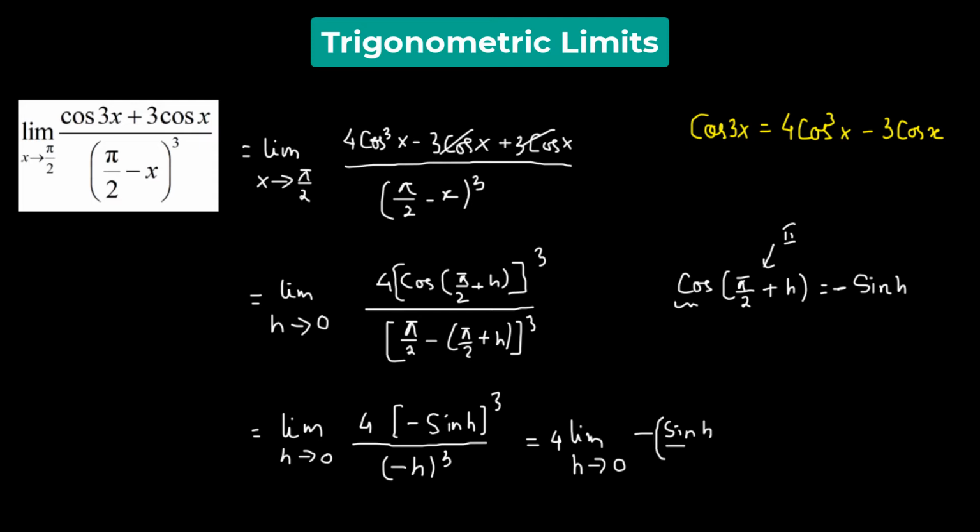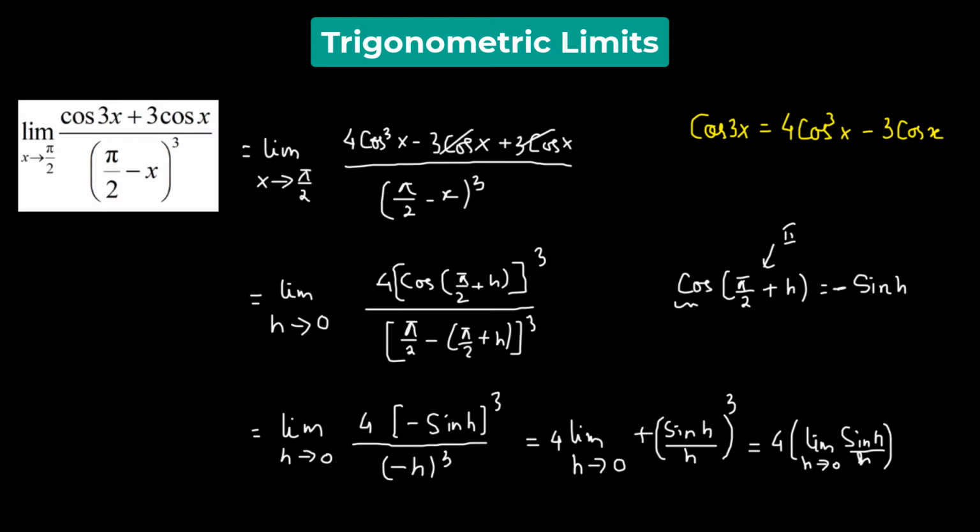All we can do is rewrite it: the negative and negative from both the numerator and the denominator will cancel out and it will become positive whole cube, which will be equal to 4 times limit h approaching 0 of (sine h over h)